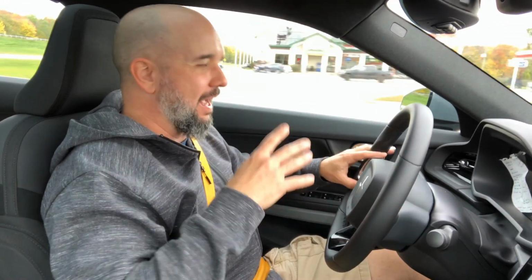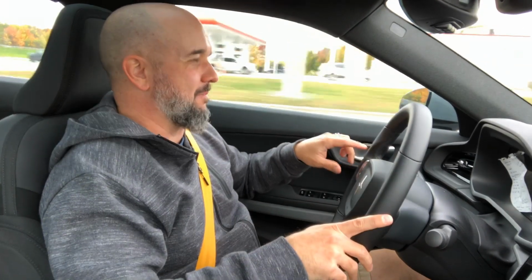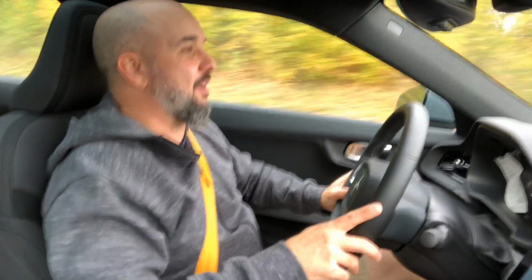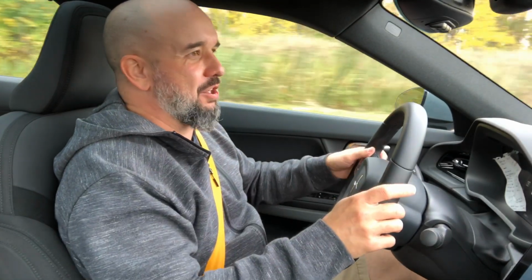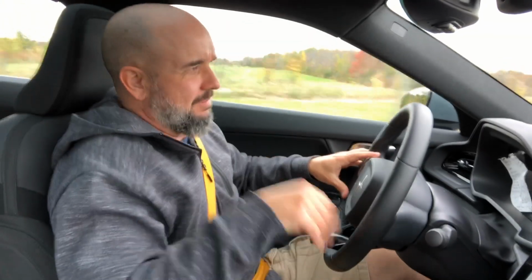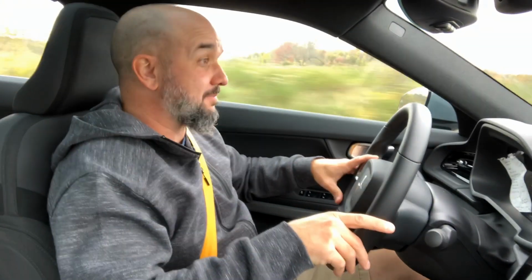There's a soft mode and there's a harder track mode. According to Polestar, some buyers may want to actually adjust the dampers to their liking on a semi-regular basis. I can't see that happening at all. In my mind, when you go in for service or your winter tires or whatever, well, then you ask the dealer, you know what, I'm curious, I'd like to try the soft setting for the next 6 months. Anyhow,